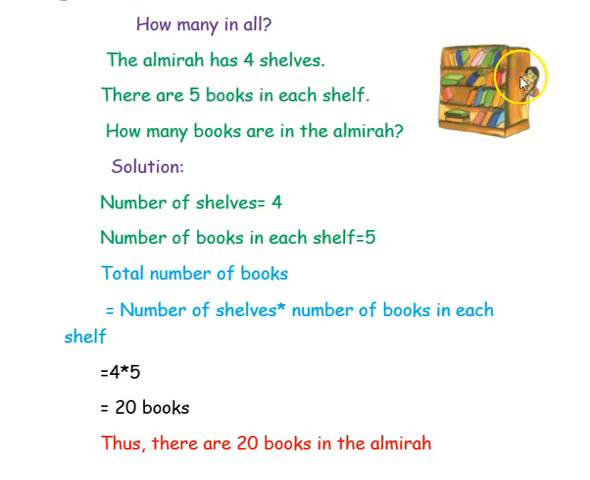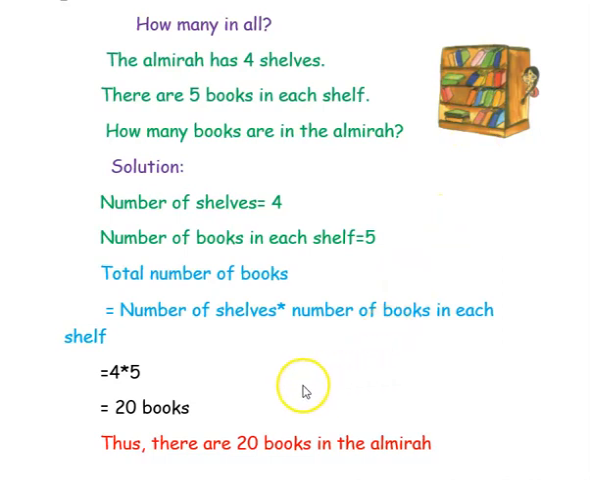So here it is shown in the picture. The number of shelves is 1, 2, 3, 4. And the number of books in each shelf is given as 5. So here, first shelf 5 books, second shelf 5 books, third shelf 5 books, fourth shelf 5 books. So instead of counting all the books, now we are going to find the total number of books in this